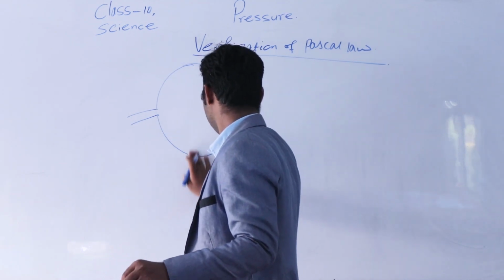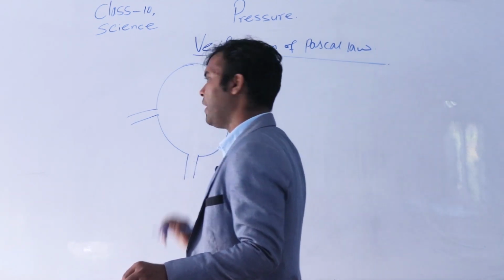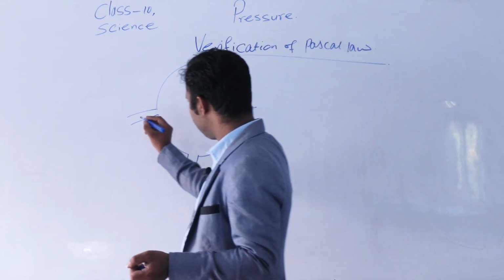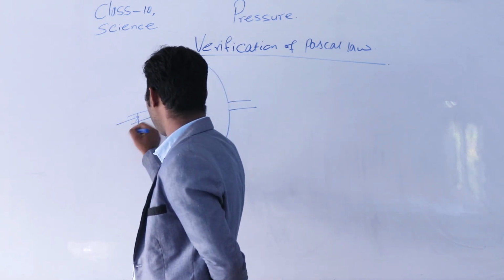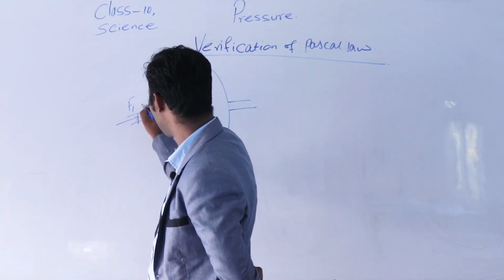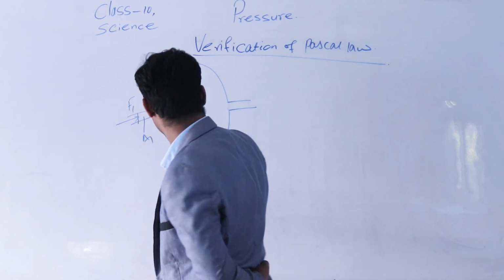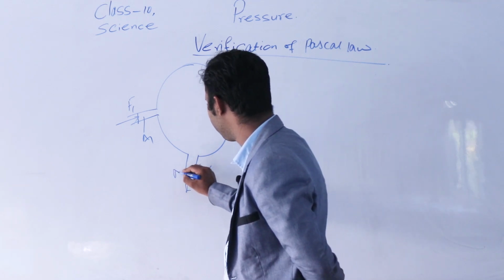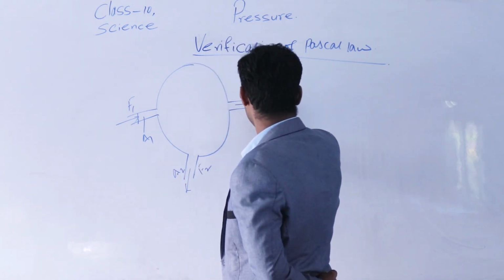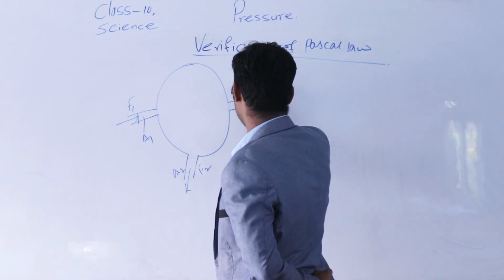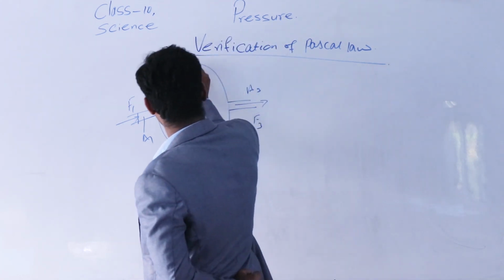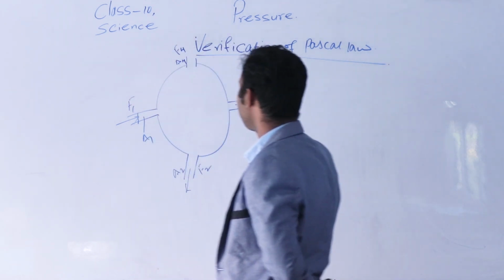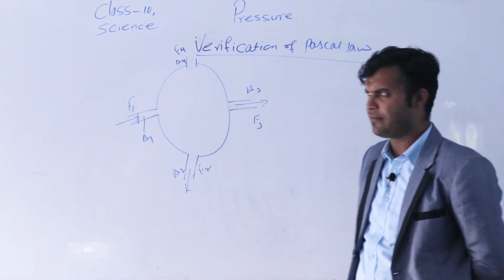Look here once. It is also one type of piston, a circular type of piston. Let's consider this is the applied part. Our applied force is F1, the area of this page is A1, and the output force is F2 and the area of this page is A2, and the output force is F3 and the area is A3. Let's consider another phase also. Output force is F4 and area is A4. Such types of questions will be asked in your exams for a mathematical part.